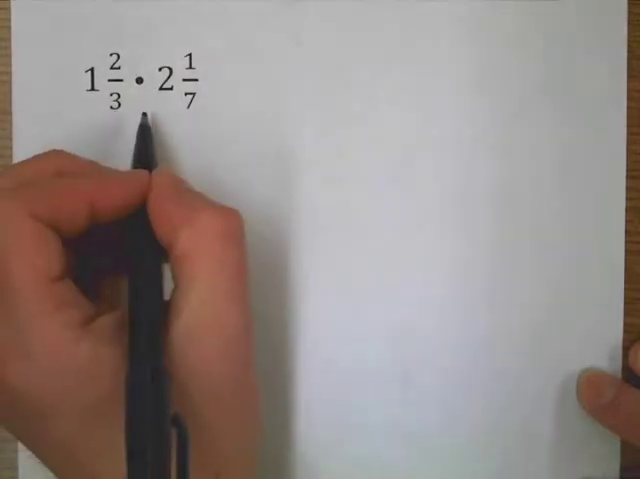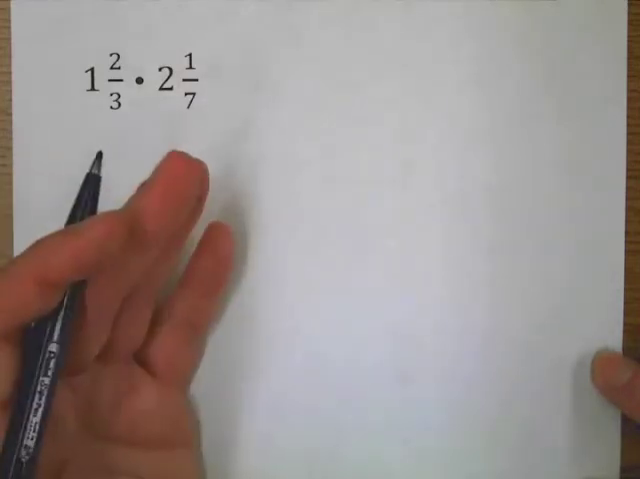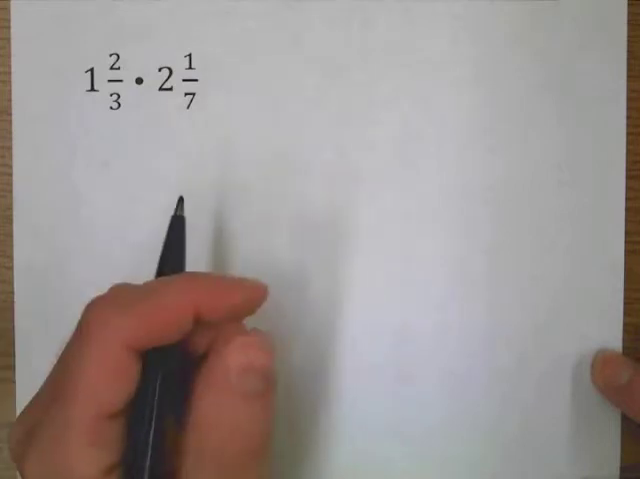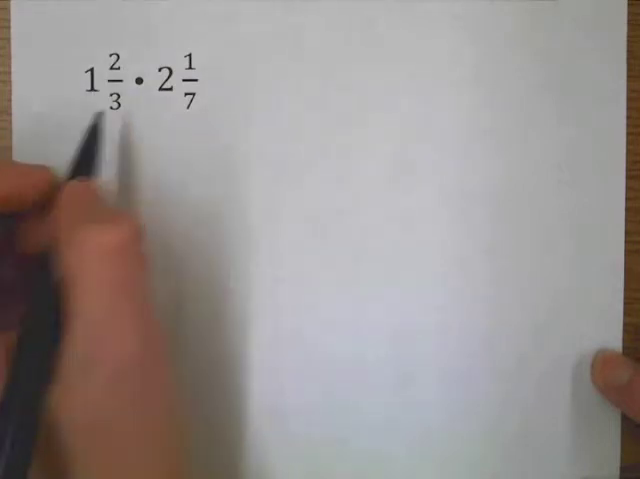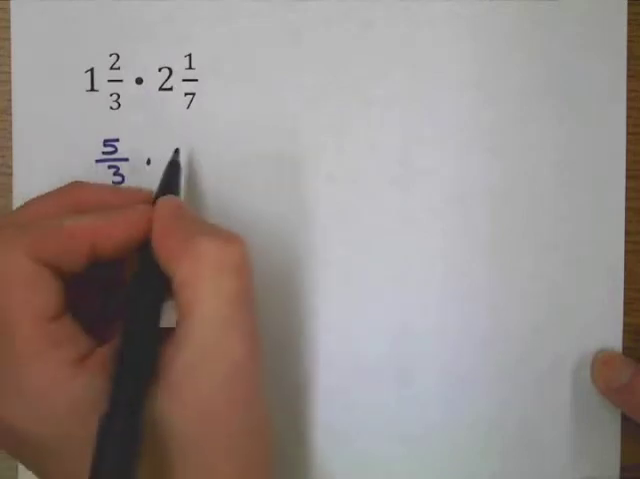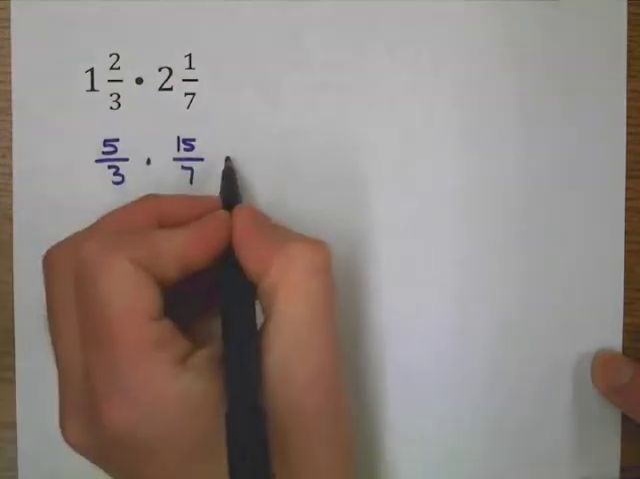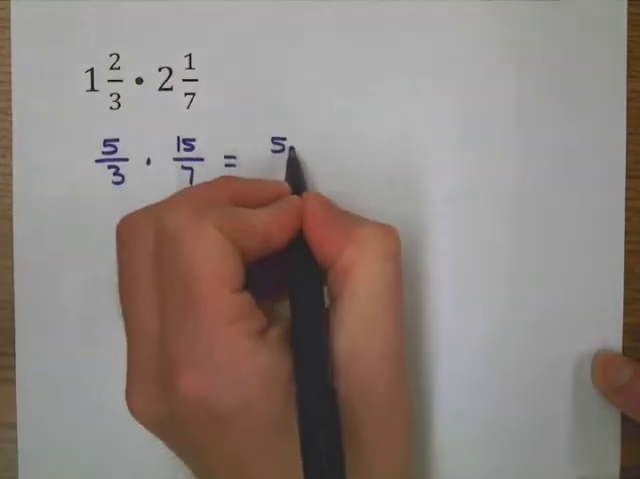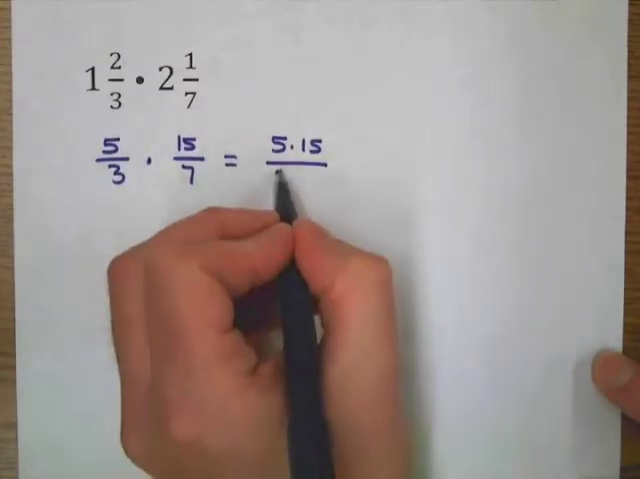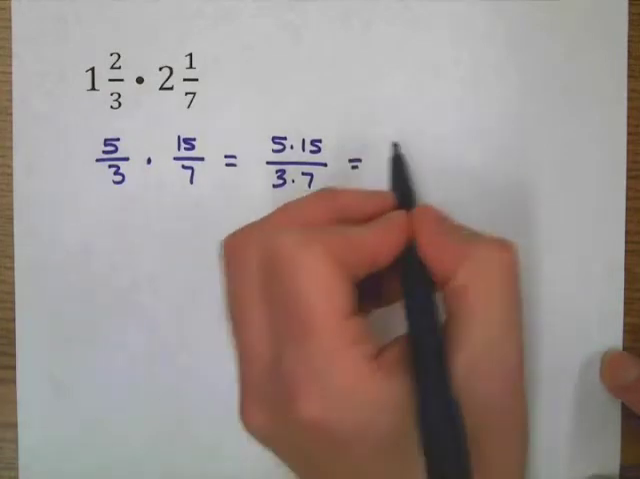But I'm still going to convert these into improper fractions, because that's going to be easier for me to deal with since I know how to multiply fractions together. So 1 2/3 is going to become 5/3, and 2 1/7 is going to become 15/7. And I'm going to go ahead and do my multiplication. So multiply my numerators together, 5 times 15. Multiply my denominators together, 3 times 7. And I end up with